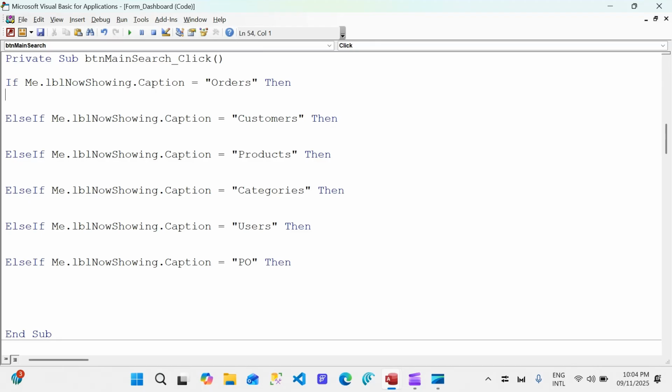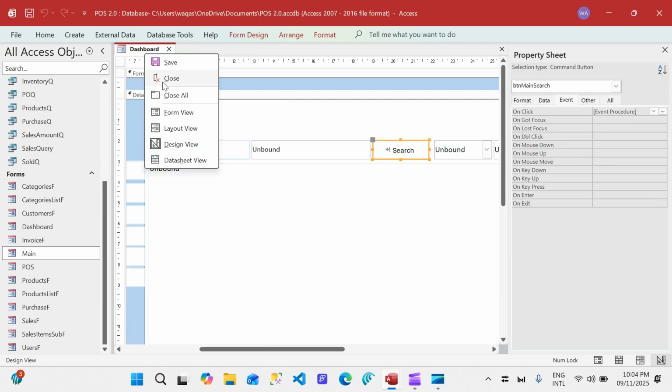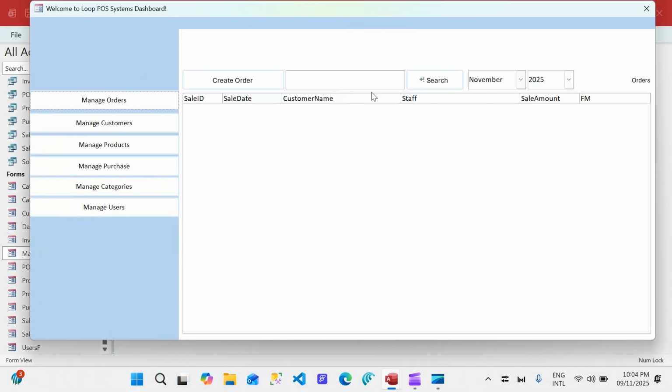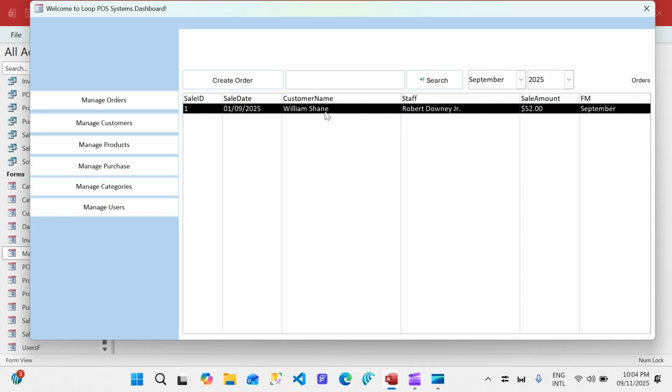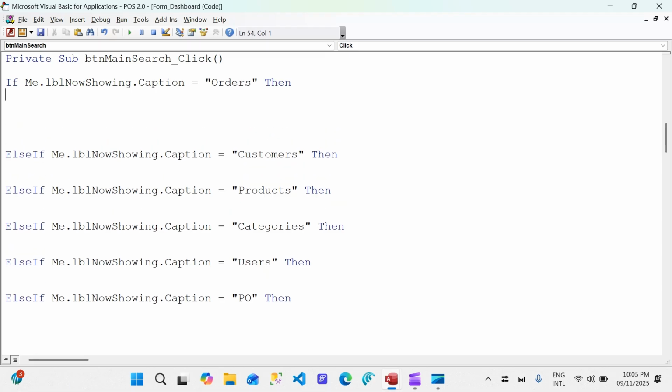So if it is orders, then we want to search. For example, if we go back to the main form, close this, and go to the view, if we click on manage order and search September, then we have this customer name. So we can actually search with either staff name or customer name. We can have these two pieces of information as criteria when we are searching for the records related to the order. So let's come here and say if the caption is orders, then we'll say